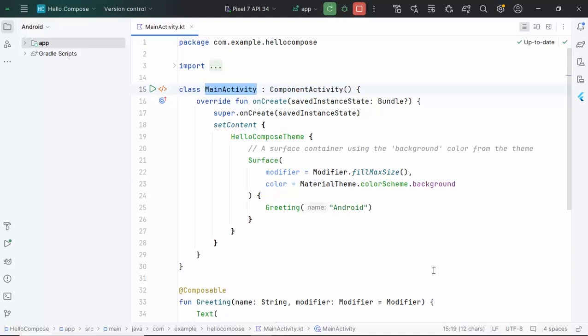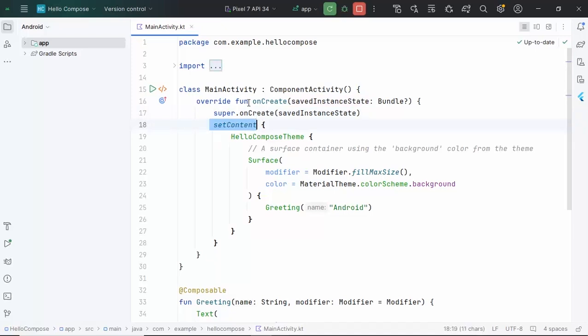this application. Whenever we run this application, or if our user presses the launcher icon of this app, when the app launches, Android will create this main activity first, and then we will see something. So activity represents a screen, and whenever we have a screen, we want to show our user something like text, images, buttons, and so on. So we need to set a layout or some content to this activity, and that's what this setContent method